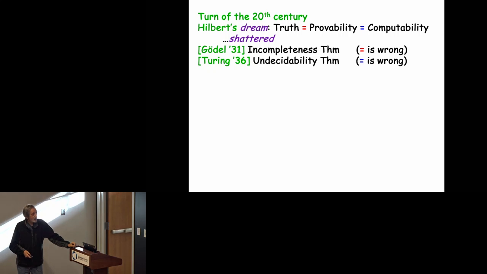What did Turing do? In order to prove undecidability, he had to give meaning to what Hilbert meant when he talks about a mechanical procedure. So he defined